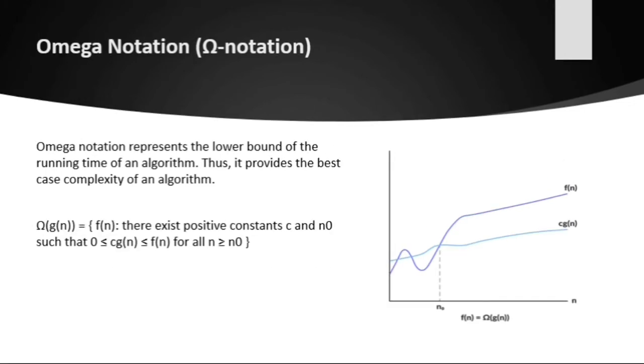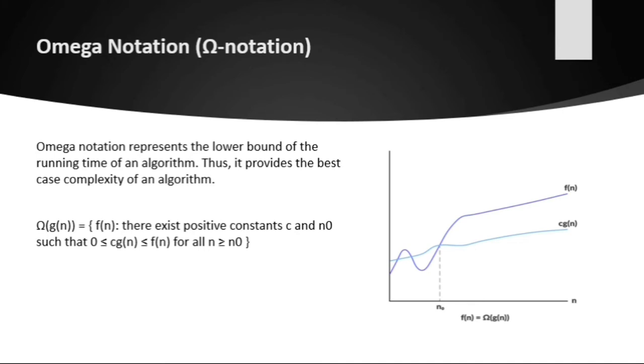Now after that we will discuss omega notation. Big omega describes the best running time of the program. We compute the big omega by counting how many iterations an algorithm will take in the best case scenario based on an input of n. For example, a bubble sort algorithm has a running time of omega(n), because in the best case scenario the list is already sorted and the bubble sort will terminate after the first iteration.